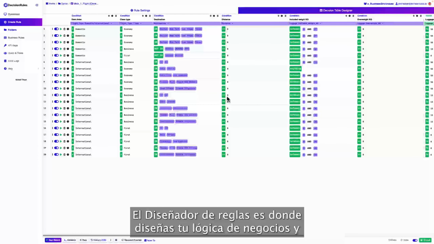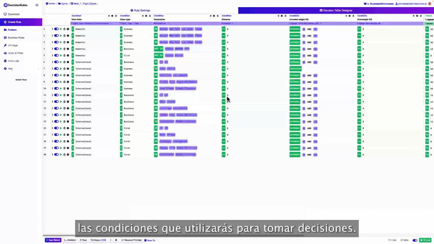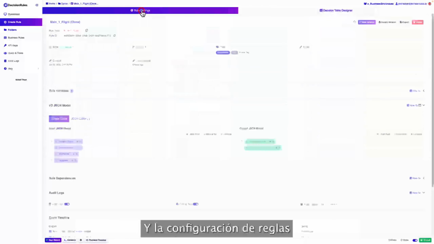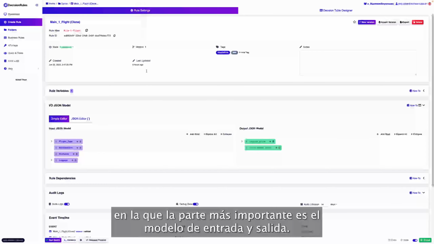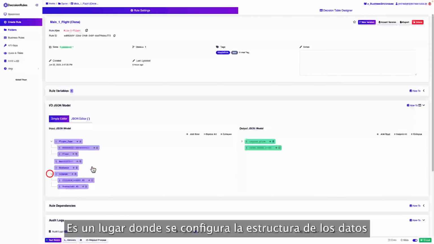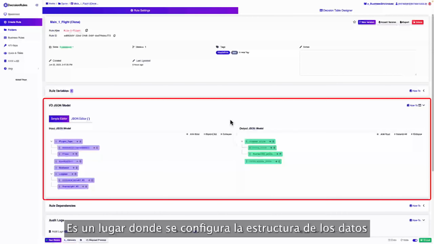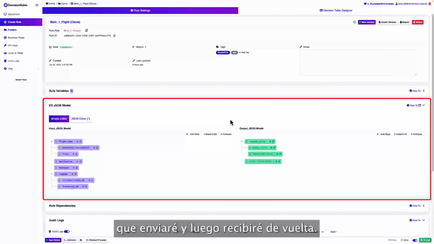The rule designer is a place where you design your business logic, the conditions that you will be using for your decisioning. And the rule settings, in which the most important part is the input and output model. It's a place where you set up the structure of the data that I will be sending in and then